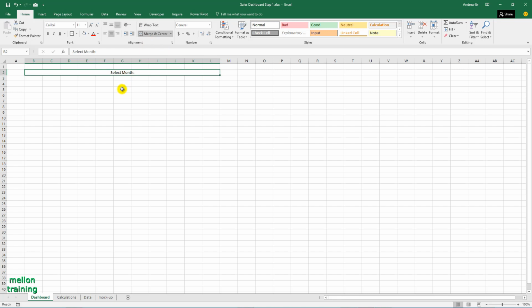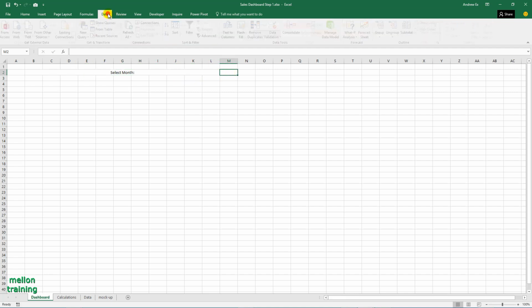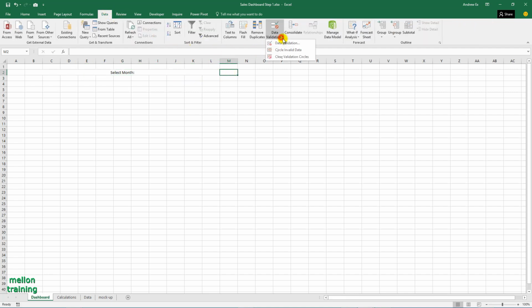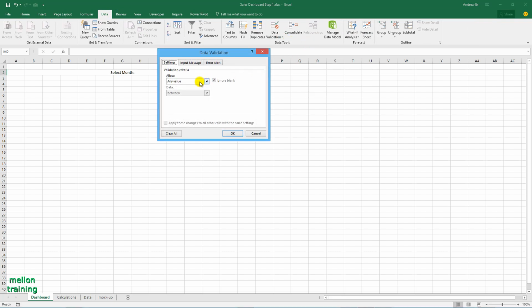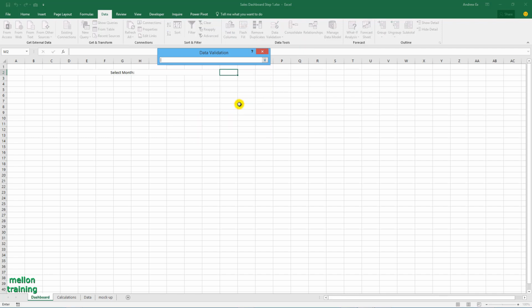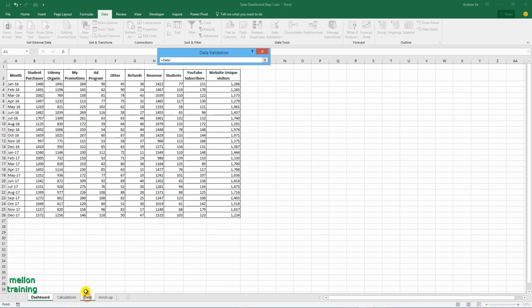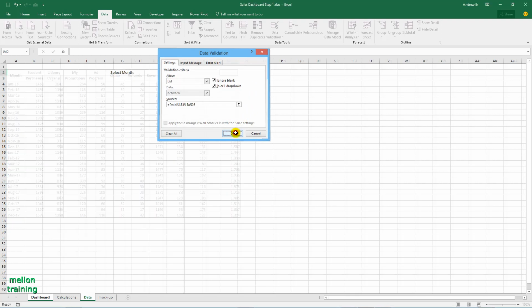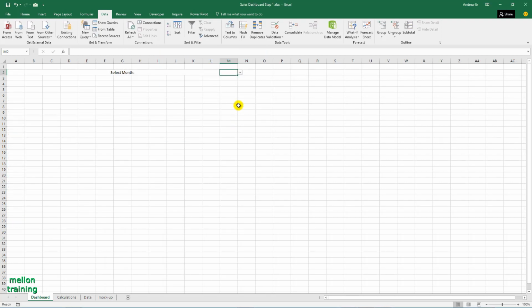To create the list of months, we will use data validation, the same way we did in the calculation sheet. Click M2, Data tab, Data validation, List, and select as source the cells from A15 to A26 from the Data worksheet. Convert the cell from custom category.